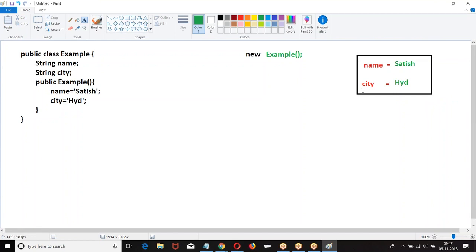Now, this is the location. Location is created, values are set. I want to refer to this value. How will you refer? Do you know where that memory is? Do you know that location? Then how will you refer to this data? Will you open the RAM and check? Then how do you do it? We need to create a reference variable. I want to create a variable which will refer to that location.